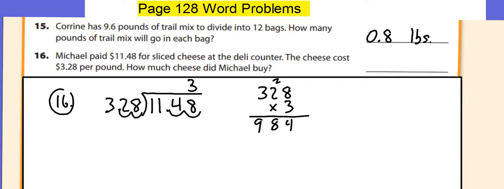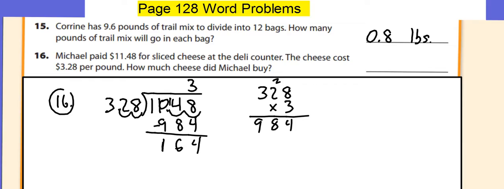And then you're going to line up 984 directly below the 1148. And you're going to subtract. And you might look at this and think you're going to get a big remainder, but that might be okay. 8 minus 4 is 4. I'm going to borrow here and make it 14 minus 8 is 6. And this went from 11 to 10. 10 minus 9 is 1. So you get a remainder of 164, which is a huge remainder, but it is smaller than our divisor of